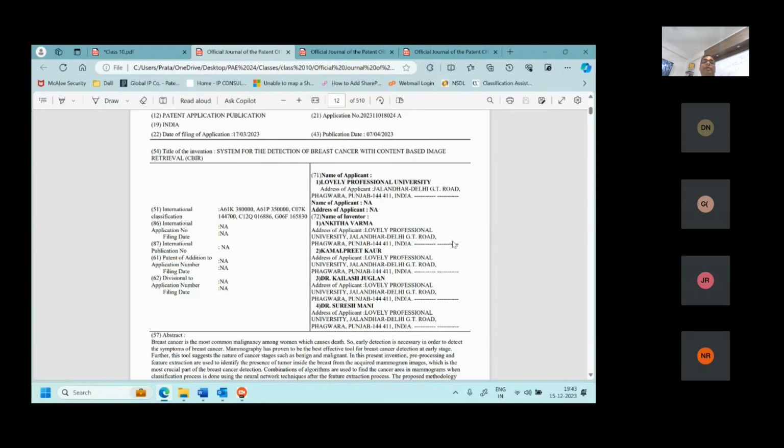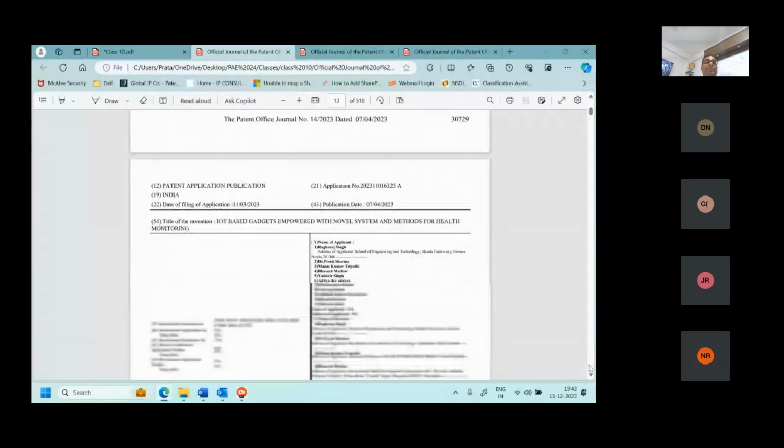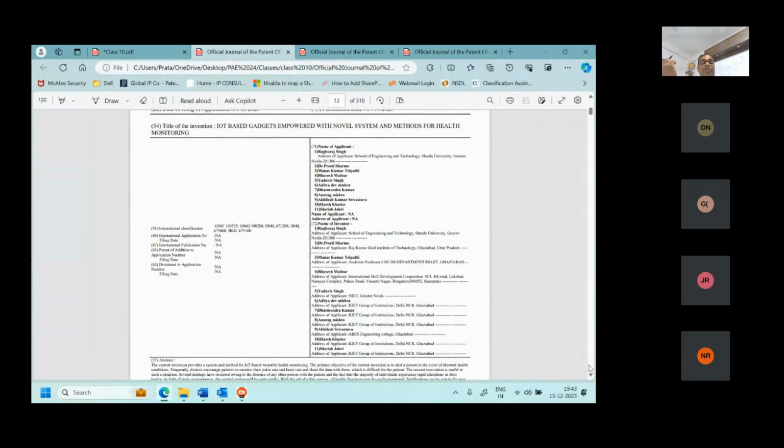But the problem here is that if the abstract has not been drafted by a patent agent, you will not get a good abstract. Therefore, a public search with respect to your interest is recommended so that you understand the correct form of abstract. Mainly go to public search and look for granted patents, because then the abstract is approved by the controller and will conform to all the necessary requirements.